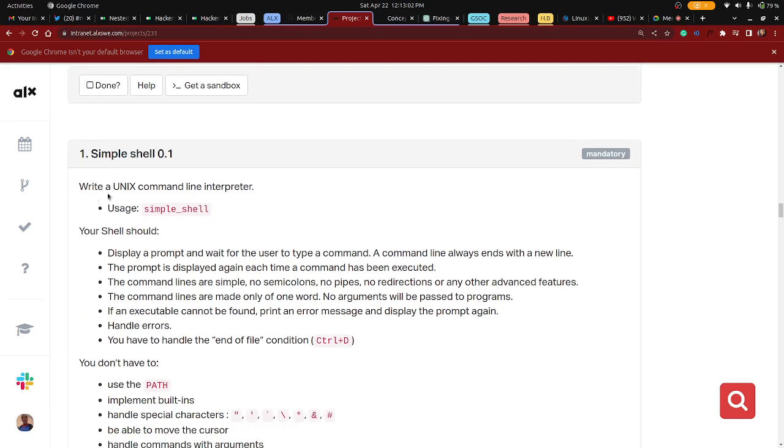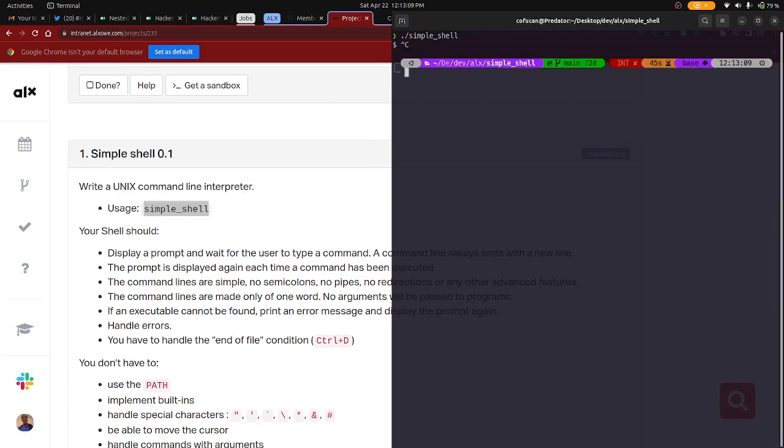Number 1 says write a Unix command line interpreter, usage simple_shell. So this should be the name of our file. So the name of my file, if I close this,